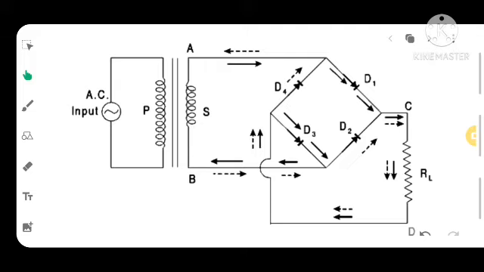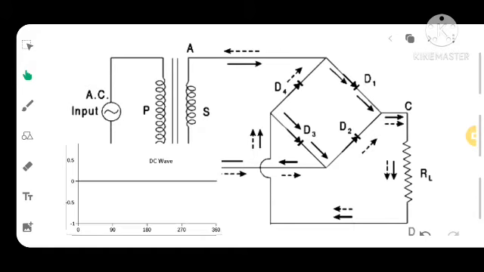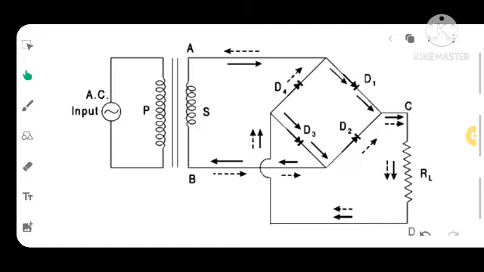First, think of the aim or objective. What is our objective here? We want to get DC output voltage by applying AC input voltage. If we consider a pure DC, then it would be simply like this. But practically, it is not possible to get a pure DC, that is 100% DC.